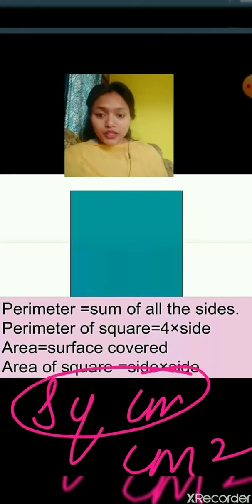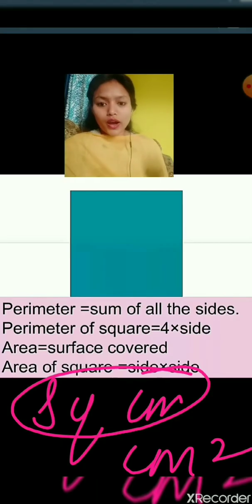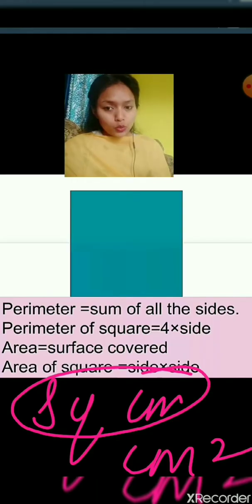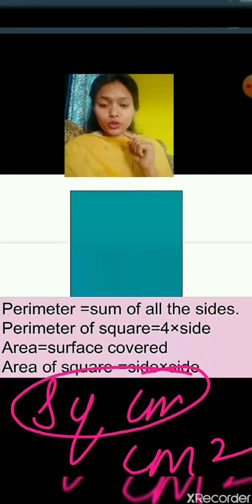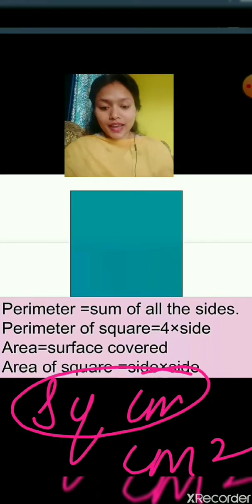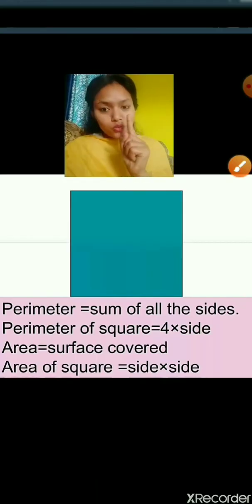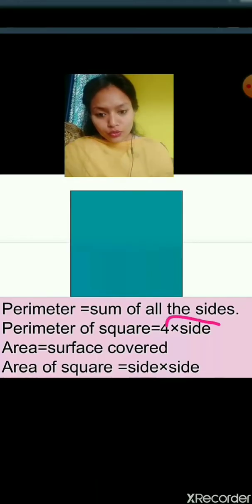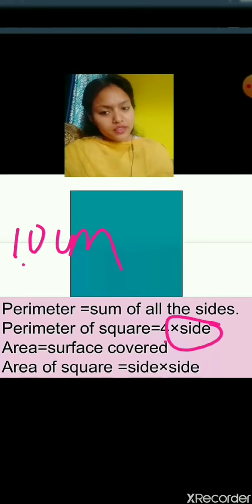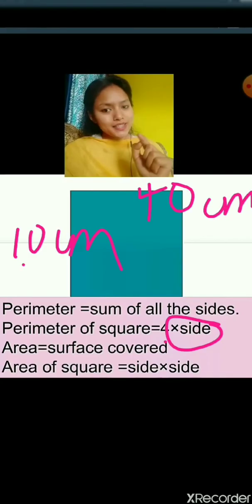Understood? So in the case of area, we always use the term square. For finding the area of a rectangle, we will also use square. If it is meter, then it will be meter square, but in this case it is centimeter, so it is centimeter square. But in the case of perimeter, we don't use the term square, because we are considering only one side, so it is only 10 centimeter. So 4 tens are 40, and only centimeter, 40 centimeter only.